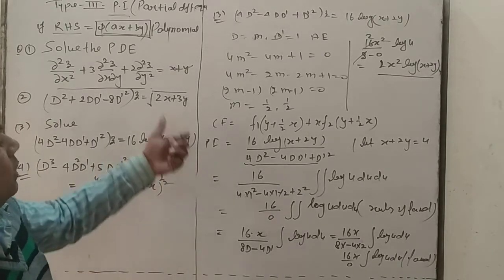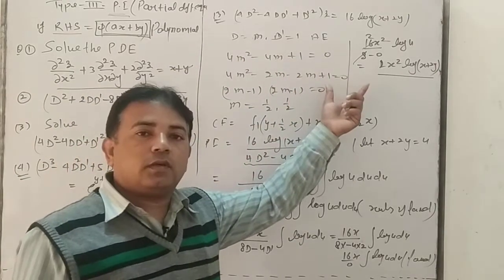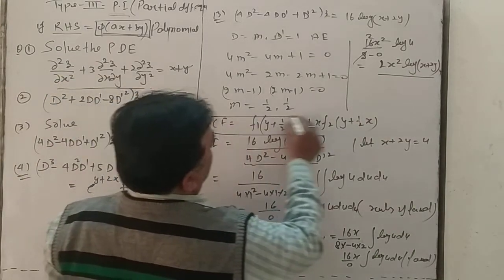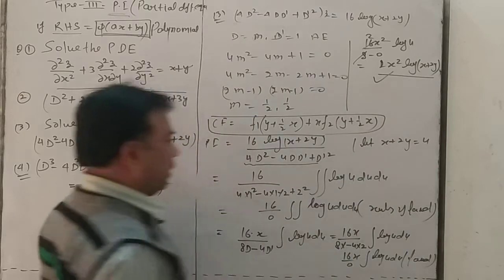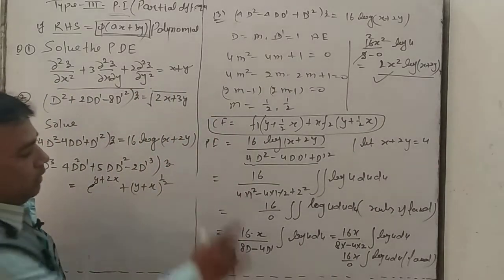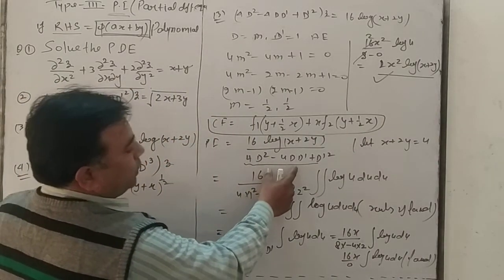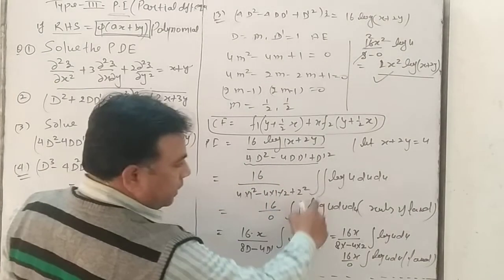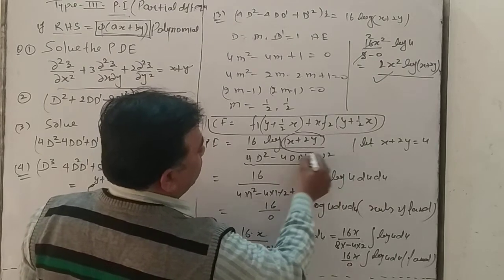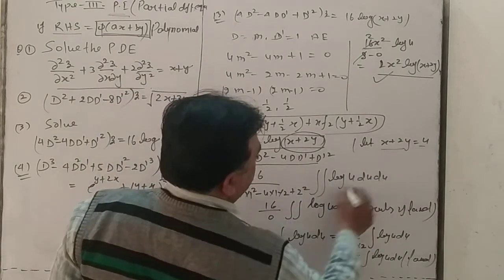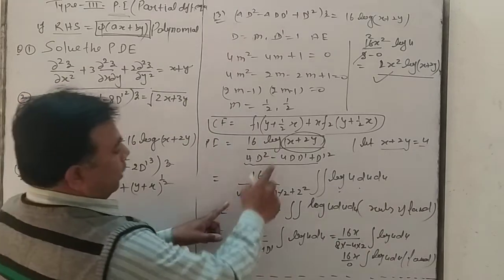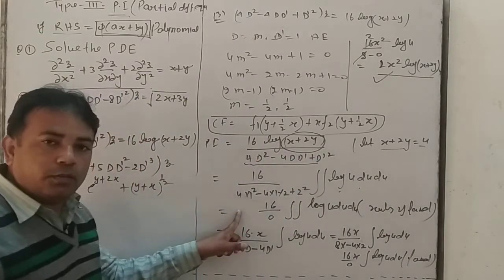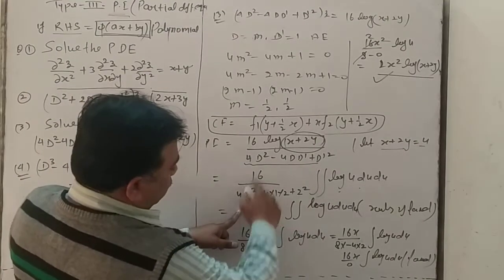Again you write the complete solution of the partial differential equation as CF plus PI. You have got the CF and the PI of this. You repeat this process again. First check that the partial differential equation is of second order, so you take the double integration sign and take the value of this as u. Let this value be log u du du. Put the x coefficient in place of D and the y coefficient in place of D'. So you sort out this problem.